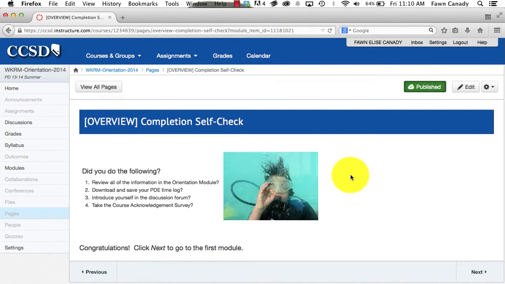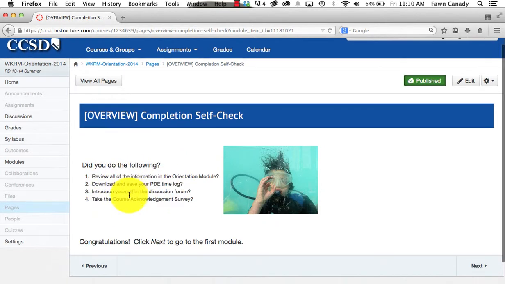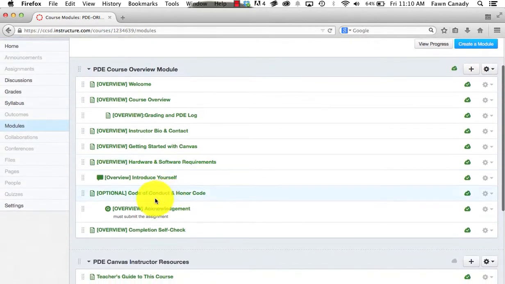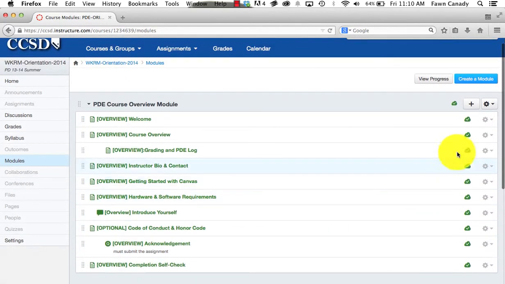And then lastly, we have a completion self-check. If you took any of these items out, you would want to make sure that you modify that in the self-check. If we go back to the modules, you will notice that this module, the overview quiz acknowledgement, has the stipulation that participants must submit the assignment. They must agree to the terms of the course. In order to change that,